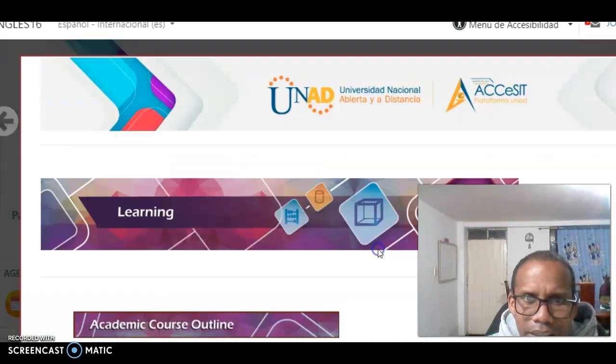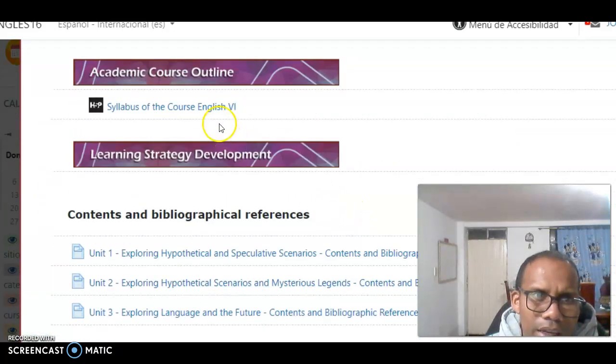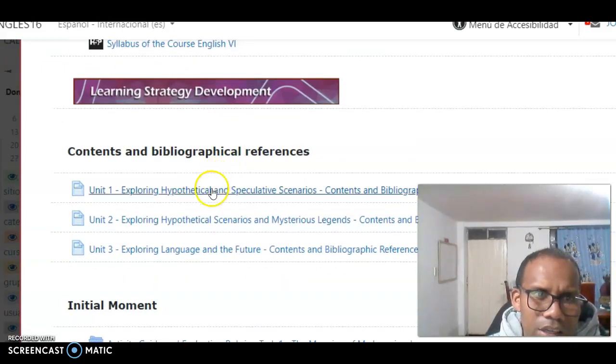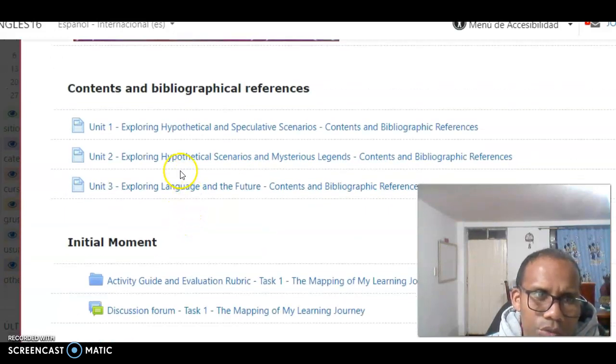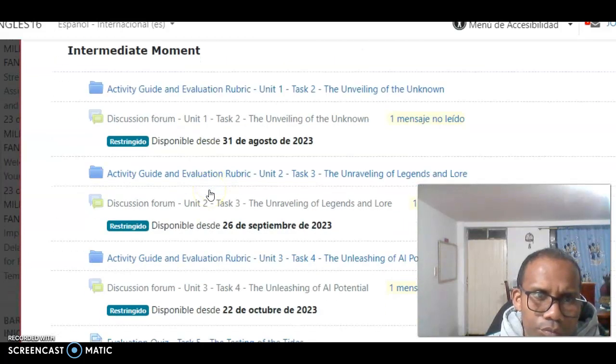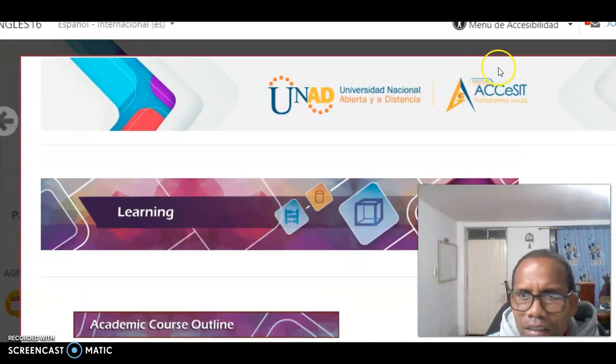And the learning information, we had the syllabus of the course English 6. We had unit 1, unit 2, unit 3, and guide evaluation rule on the different unit, discussion forum,